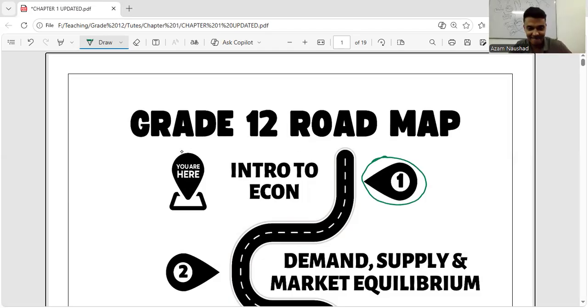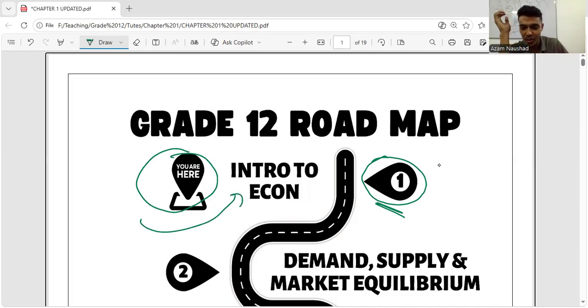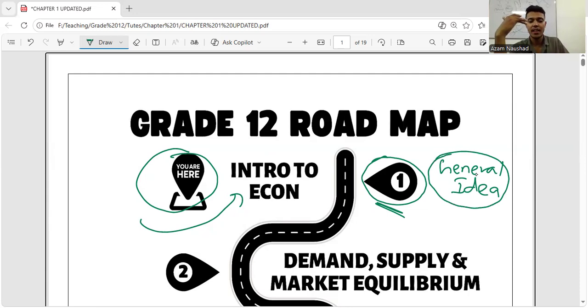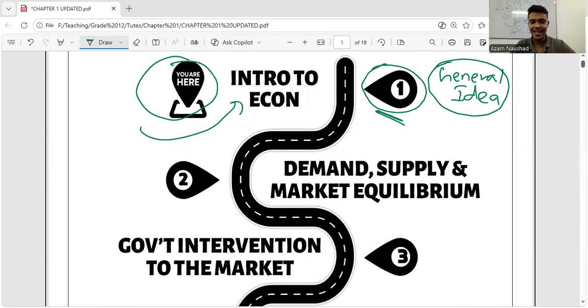So yeah, you are here, in unit 1. Beside this, make sure to write, general idea of economics. We cannot say either we are going to study micro or macro, which means you will get the general idea of economics in this one. So you cannot say that we are studying either micro or macro, but the general idea will be covered in unit number 1. Take unit number 2 and write it as micro.